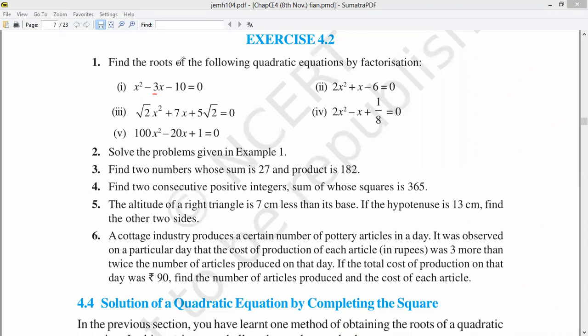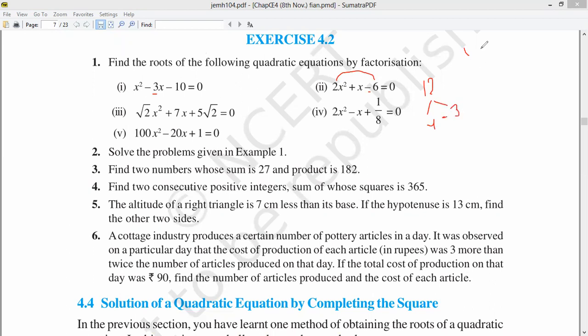Second one, here it is 2x square plus x minus 6. So when we multiply 2 by 6, we will get 12 और यहाँ पर है minus sign. So हमें minus करके क्या लाना, coefficient of x is 1. So 12 के हम factor कर सकते हैं as 4 and 3. So 12 के ऐसे factor, this is 4 minus 3 is equal to क्या होता था.